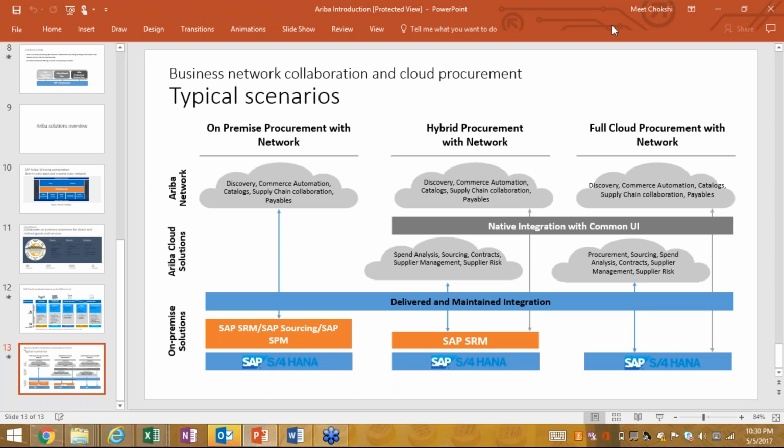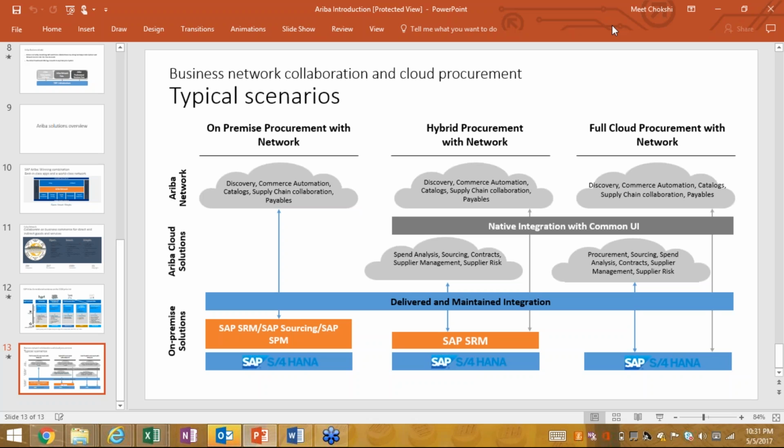Right. So we don't create organization elements in Ariba. We don't create company codes, purchasing organizations, or purchasing groups. Whatever information we have, we export from SAP, and then we put it into Ariba, and then we use those organization elements for our transactions. So whenever we create a contract, we use the purchasing organization and company code, which come from SAP ECC.